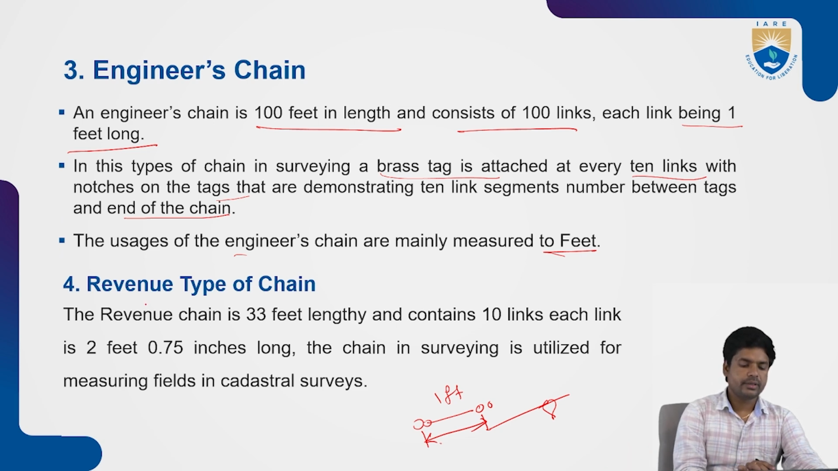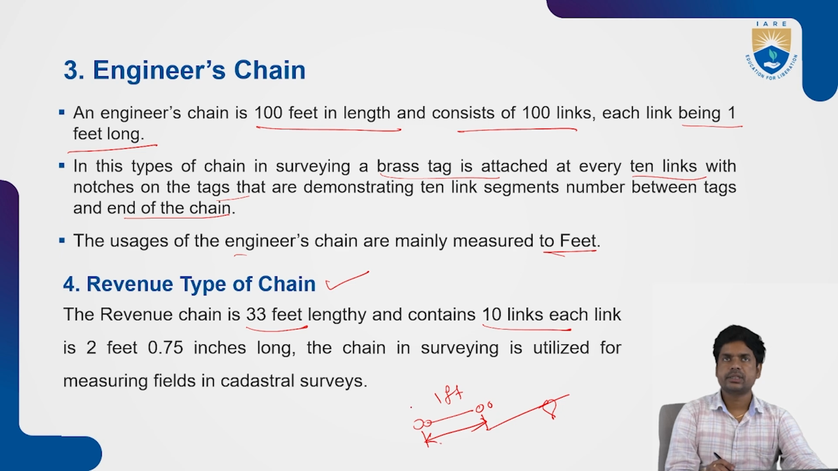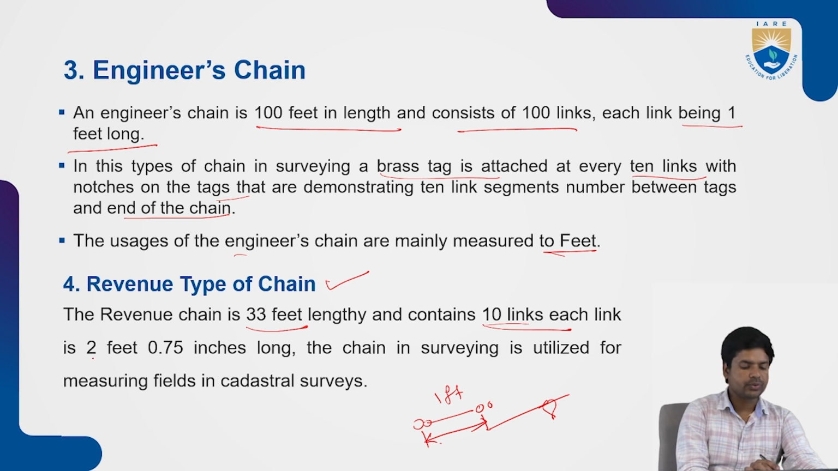Now coming to the next type of chain, the revenue chain. The revenue chain is 33 feet in length and contains 10 links. The total length of the revenue chain is 33 feet, and each revenue chain has 10 links. Each link is around 2 feet